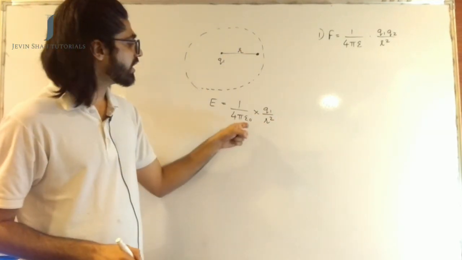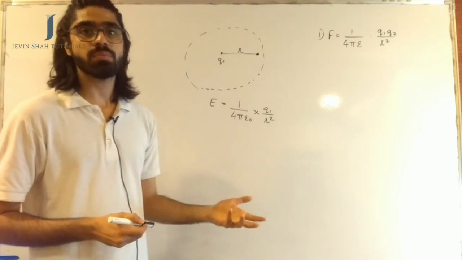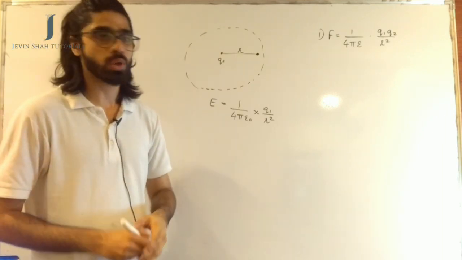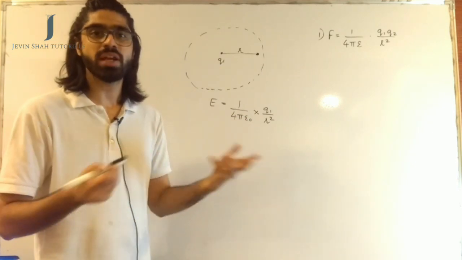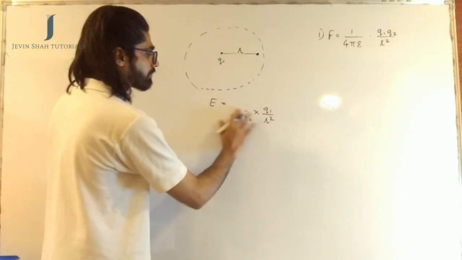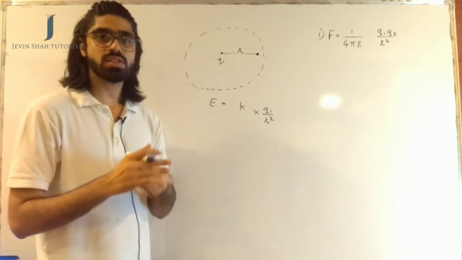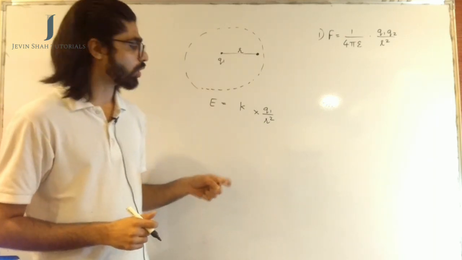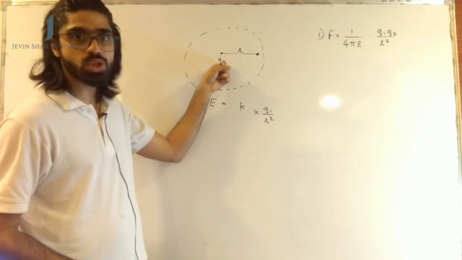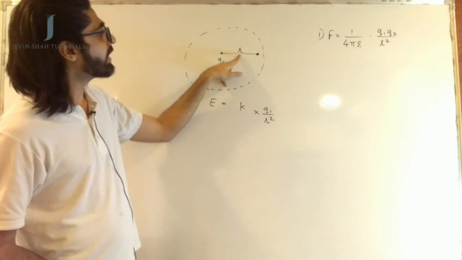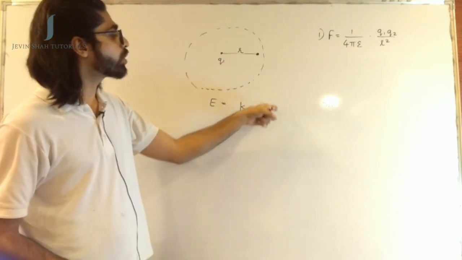In most of the cases I will be writing epsilon naught only because the assumption is that the medium is air or vacuum. In case the medium is something else, you need to put an epsilon instead of epsilon naught. Now every time writing this 1 upon 4 pi epsilon naught will be a little too big to write. So instead of that we will use the term K. This K is not the dielectric constant, it's just a substitution I am taking for 1 upon 4 pi epsilon naught. So the electric field intensity, that is the strength of electric field, because of the charge Q1 at a point at a distance of R from Q1 is given by E is equal to K into Q1 by R square.